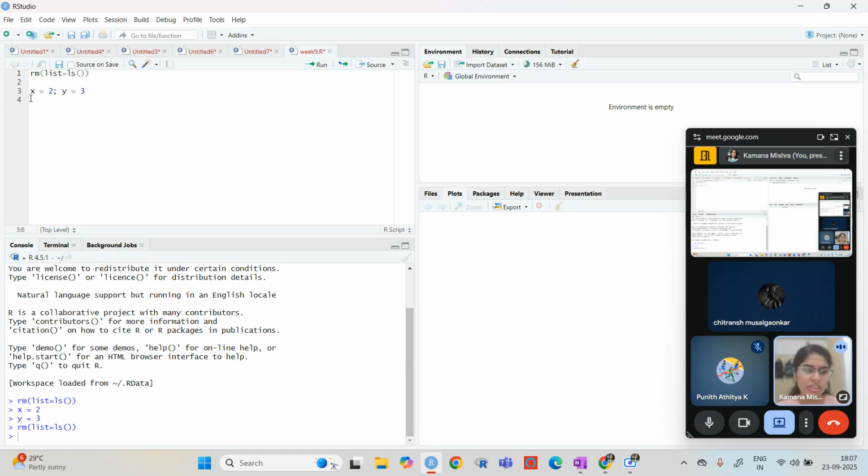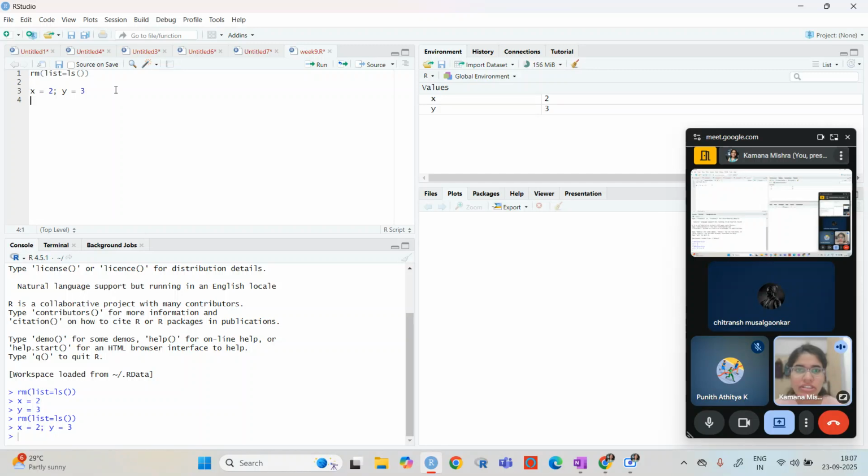The semicolon is for when you have a lot of parameters to define and very little space, so you can define two to three parameters in one go. If you run it, it will come in one line.